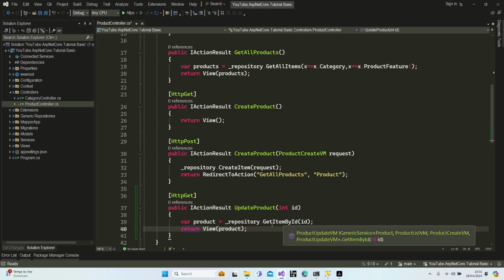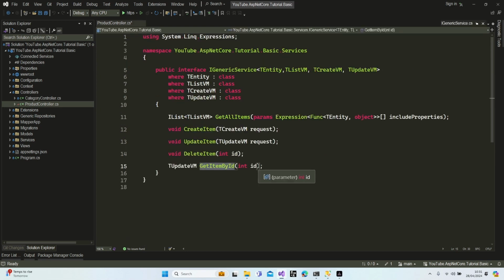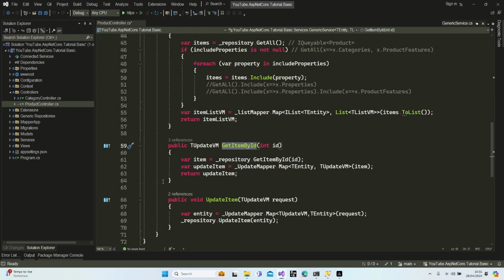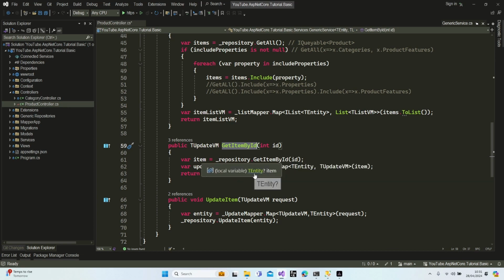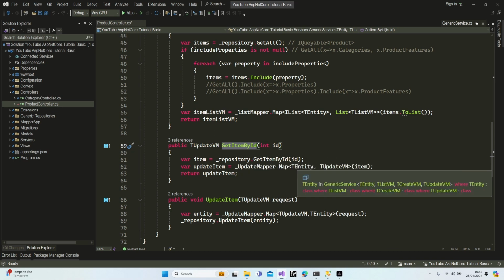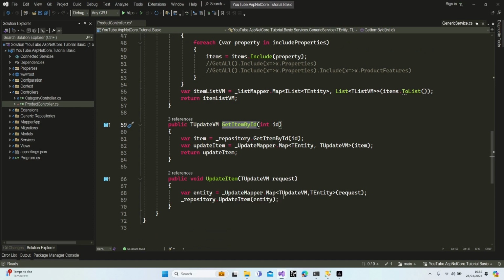Let's get back to our get item by ID. Let's see the implementation. Okay, we have some problems here. Let me show you. First of all, our entity in and entity out. So we are going to send our ID to our database. As a result, we're going to get a T entity. This is our in, right? As a result, we're going to send a T update. It seems it's okay, but if you remember, we changed the update mapper as a T update and